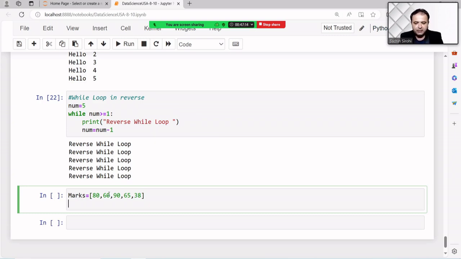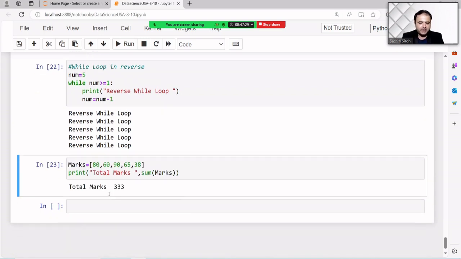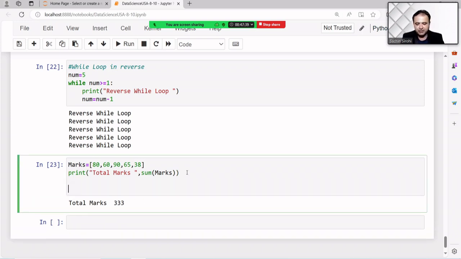First, we have a logic to print the total marks. It is a very simple logic. But someone says, sir, can you write the manual logic? Yes, we can also write the manual logic.